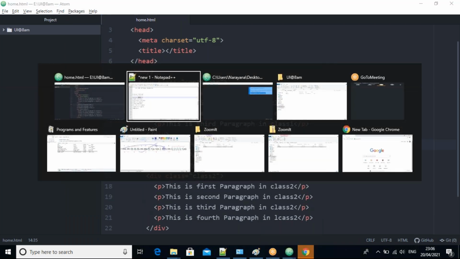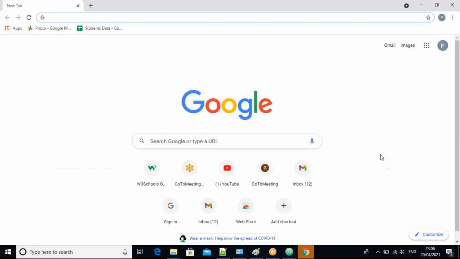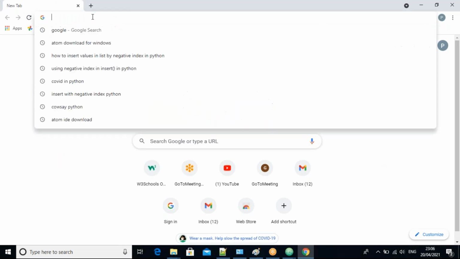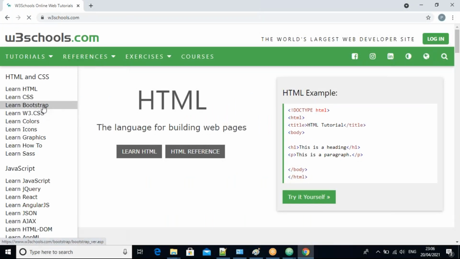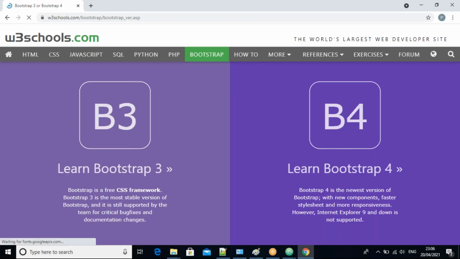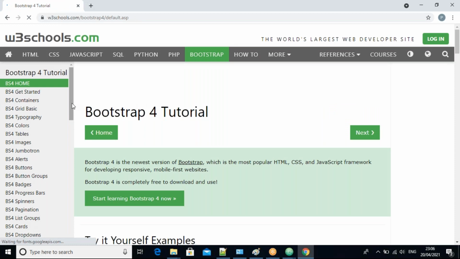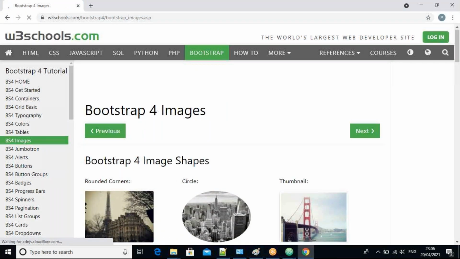Now I'll get the bootstrap lines, guys. I'm going to a website to get them. Just go to Bootstrap 4, use Bootstrap 4. Go to any concept, click on try it yourself.